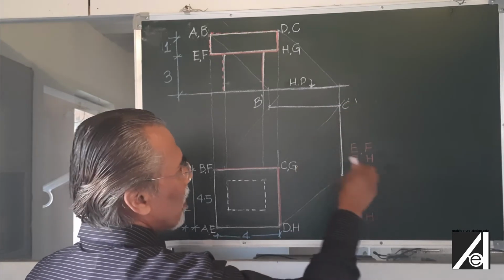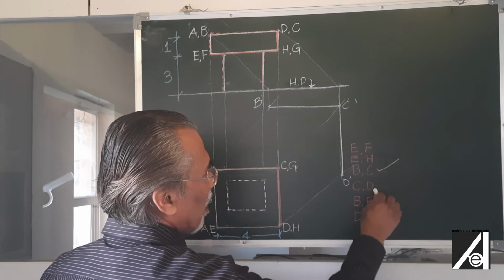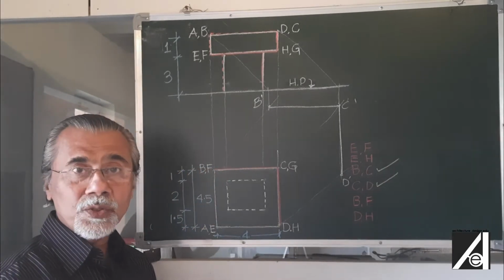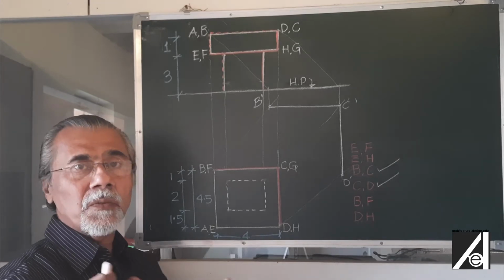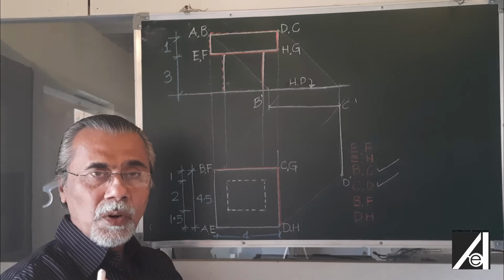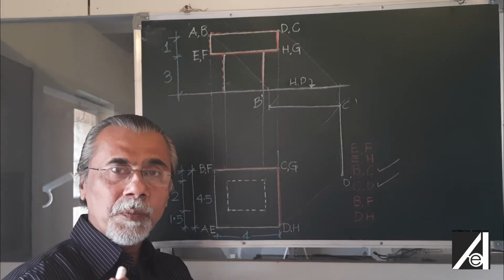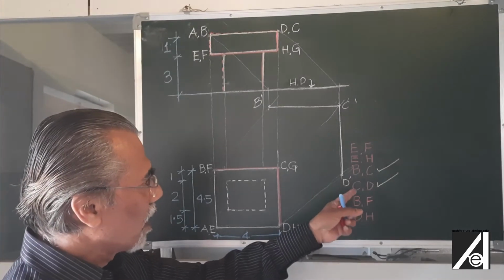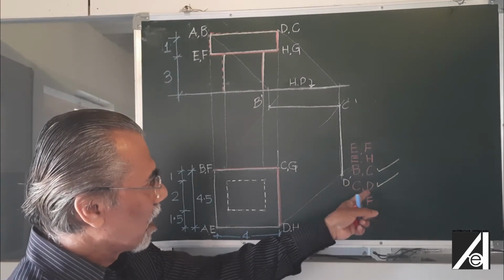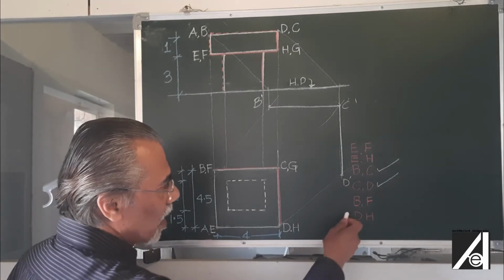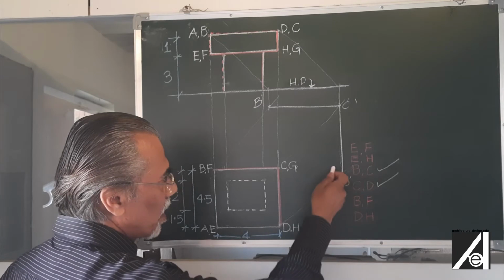So now I have completed BC, I have completed CD. Now which other edge should I choose? Obviously, the edge which I will choose now to draw the shadow will be such that one coordinate of that edge we already have. So if I see here CD, D we already have. So what I will prefer is DH. DH, D already I have obtained.